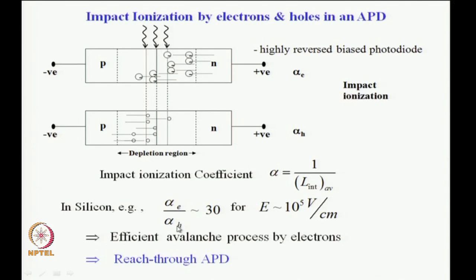Alpha E by alpha H is of the order of 30 when the applied field in this medium is of the order of 10 to the power of 5 volt per centimeter. What it means is that the ionization is predominantly because of electrons. Electron ionization is almost 30 times more efficient compared to secondary pair generation due to holes. So, the efficient avalanche process is by electrons, and to make use of this fact,